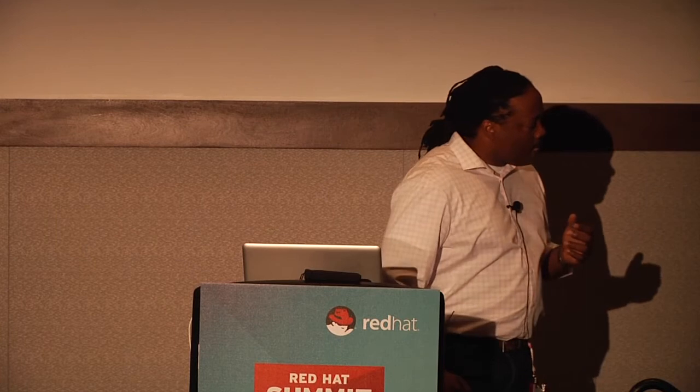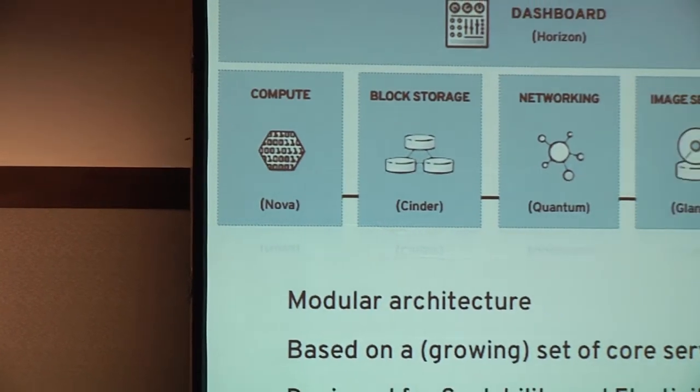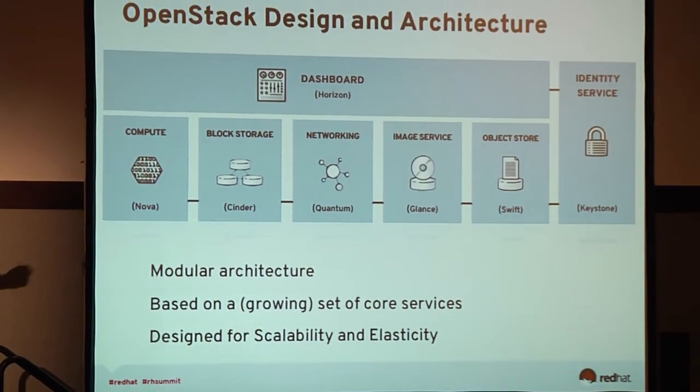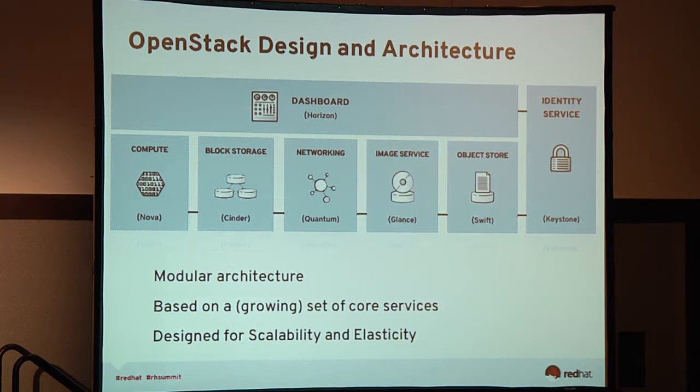Okay, so we're going to jump into the architectural components of OpenStack. You've probably seen this before from the marketing talk at a high level. OpenStack has individual components that are modular in nature. There's a core set of services, so you'll see on the left Nova, and we'll go through each one of these in a little more detail. But the takeaway here is that OpenStack has been designed for horizontal scalability and elasticity. Elasticity meaning that if you see an increase in requirements for your cloud, you can just rack and stack and continue moving on in terms of expanding your cloud.